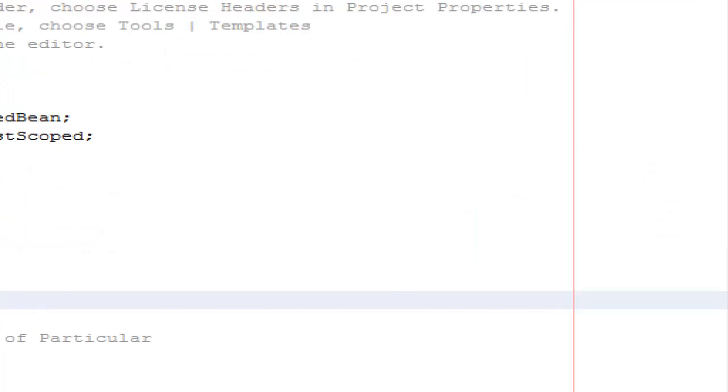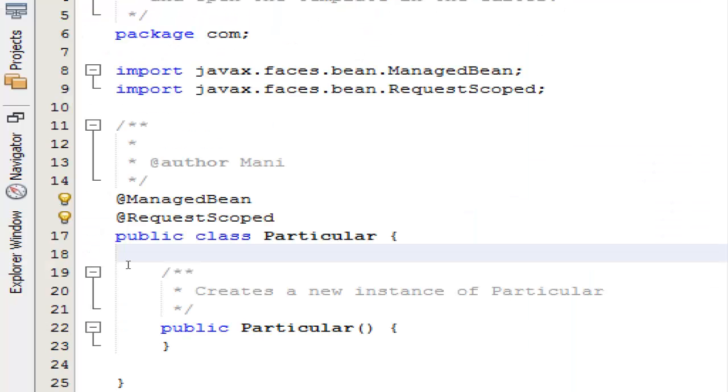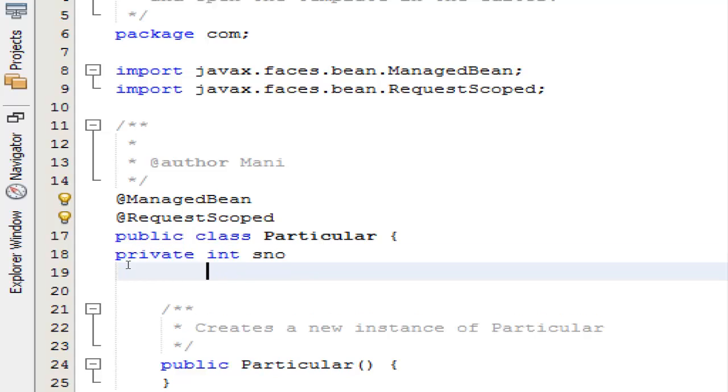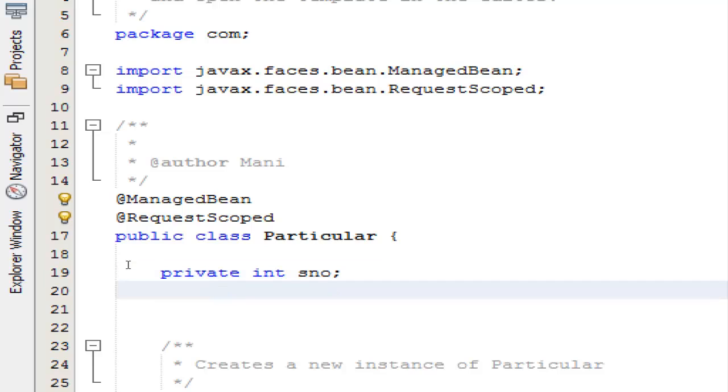Let's go ahead and do that. I'll start with private int serial number. Private string particular name,